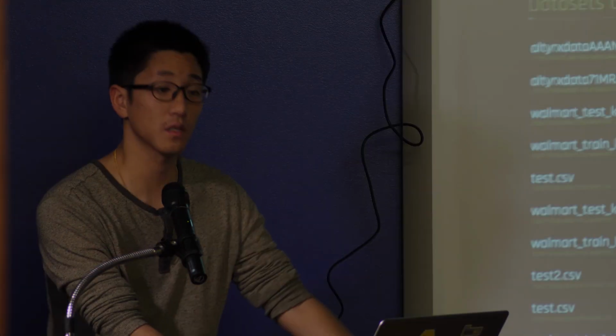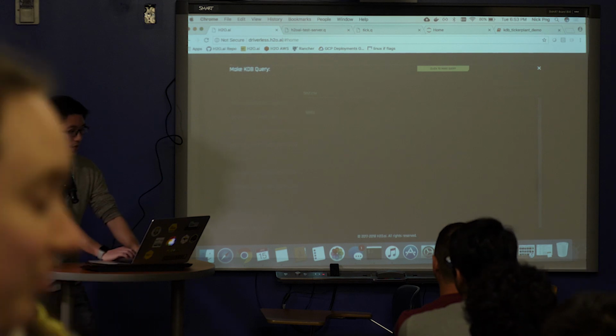First, I'm going to show you the UI, but basically there's the idea of where your data is. When I talked about it initially, I said you can bring your data in from places like Hadoop or Amazon, and you can also bring it from other databases that need to be queried, like KDB. So in this case, we're going to do it from KDB. I'm going to make a test file called test.csv, because I have the data set in here already, so I don't need to redo it. But I can actually write